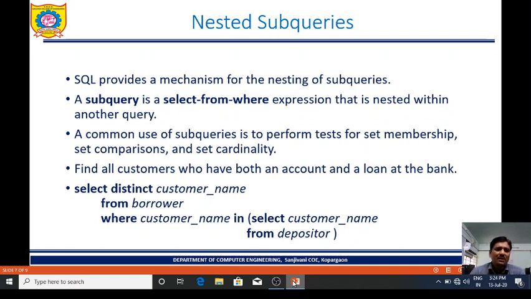Now take an example. Find all customers who have both an account and loan at the bank. Now here we are going to use one subquery, and that will be used in where clause. See, select distinct customer name from borrower, where customer name in, in a pair of parentheses, select customer name from